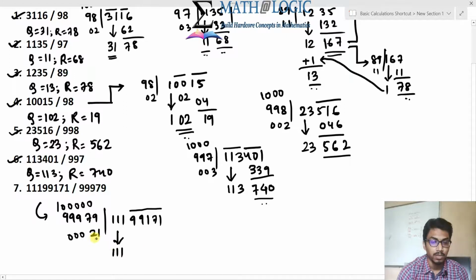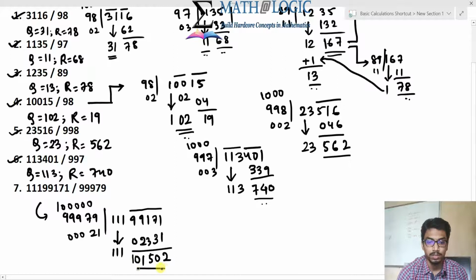Clear? So 1 multiplied by 21 is 21, write 1, carry 2. Again 1 multiplied by 21 is 21. Already 2 was a carry, so it is 23. Again 2 is a carry, so it is 23 again. And this is 0. Okay, add it. 1 plus 1 it is 2, 3 plus 7 it is 10, 3 plus 1 it is 4, plus 1 it is 5, 9 plus 2 it is 11, carry 1.